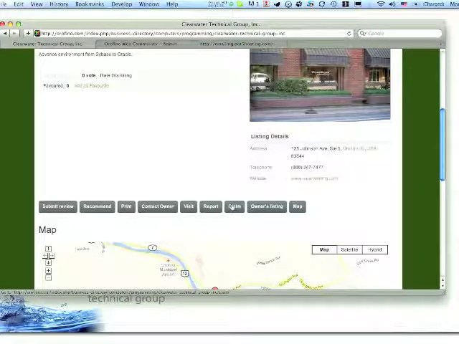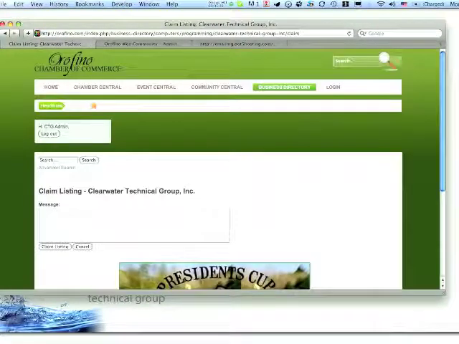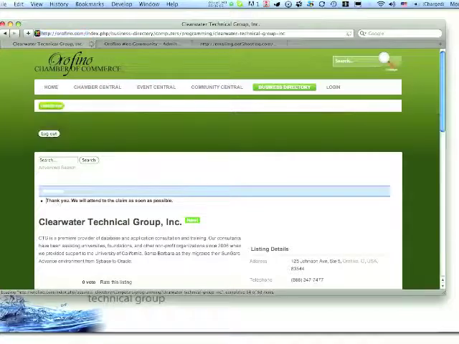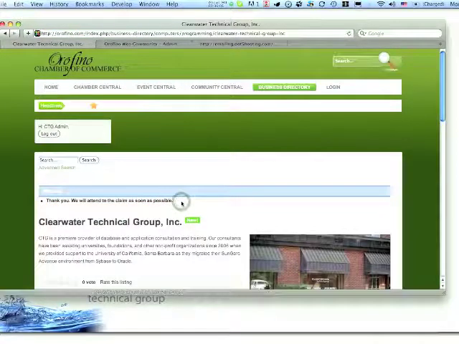And so once I click on the claim button, I can send a little message detailing who I am, or some more information if necessary, and I'll just say claiming my profile, and then I'll claim the listing. And it says, thank you for doing that, and we are going to be attending to that momentarily. What really happens here is that we, as the administrators of the site,